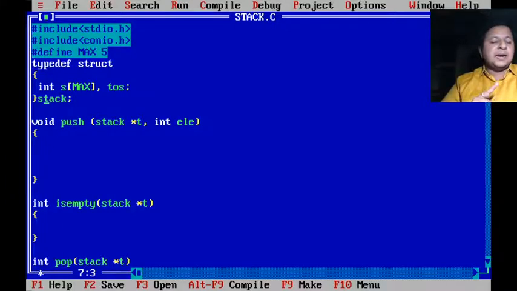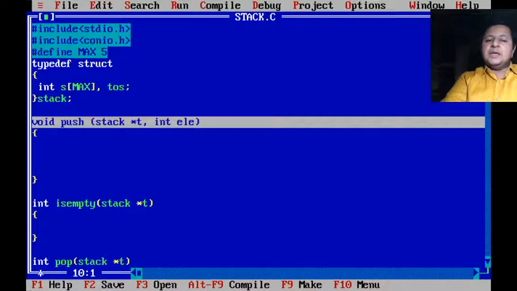Even this part I had revised in the previous module. So if you look at the first function now, void push, the argument is Stack *t, which is a pointer, and that pointer is going to point to the actual stack which is created in the main function. If you remember, or you can very well go and revise that again.